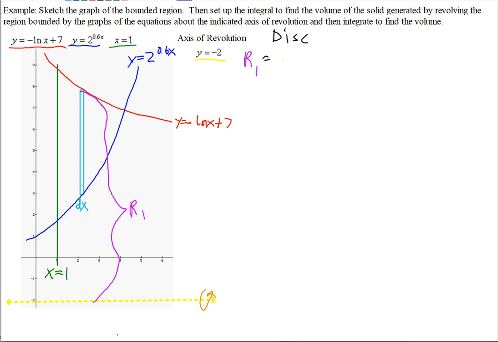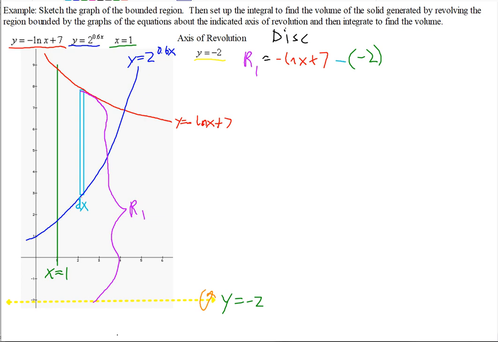So it's the top minus the bottom. The one on the top is negative natural log of x plus 7. And then minus the one on the bottom, I'll just label it. This is y equals -2. So minus -2, which becomes plus 2. And then for R2, in this case, there is a gap between our axis of revolution